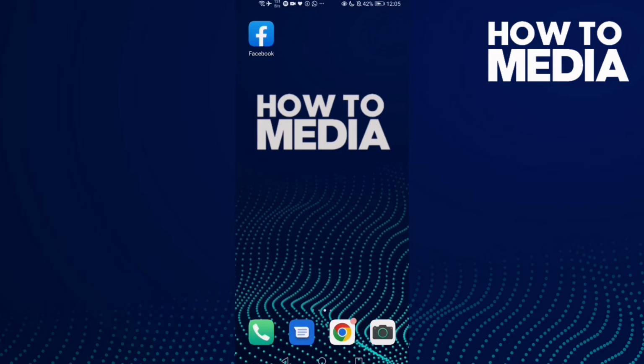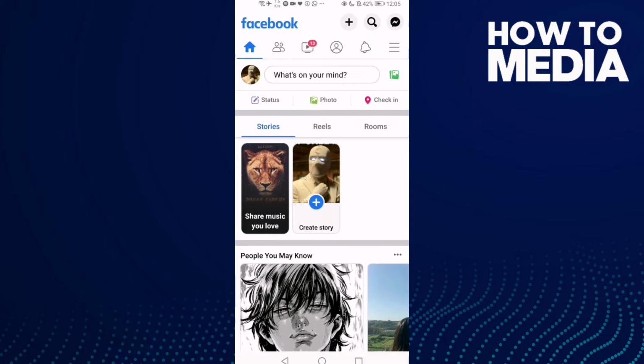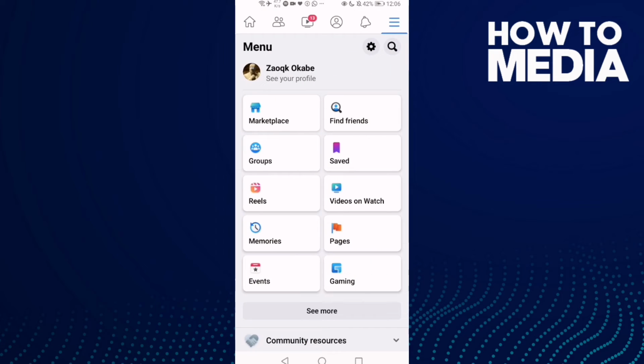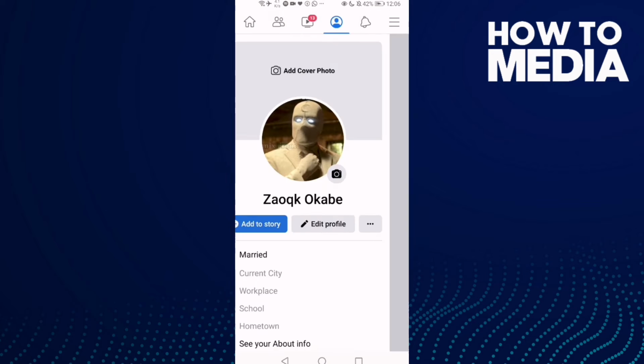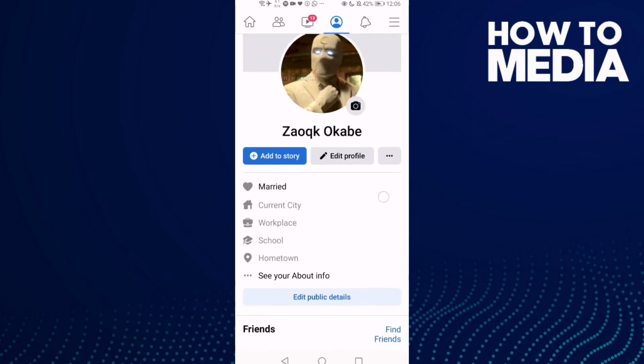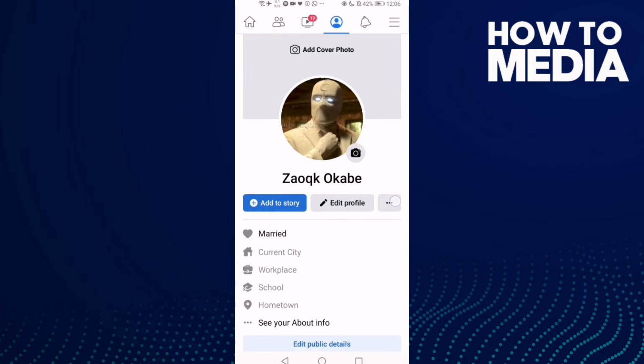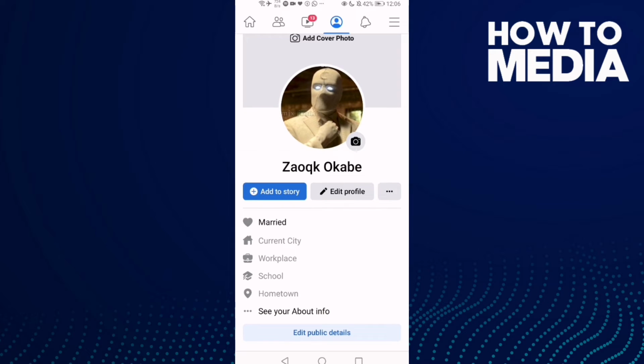First thing, go to Facebook and then click these three lines here in the top corner and click see your profile, and here you will find these 3 points. Click on it,